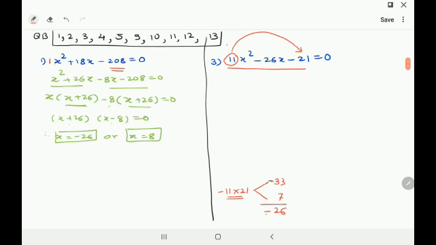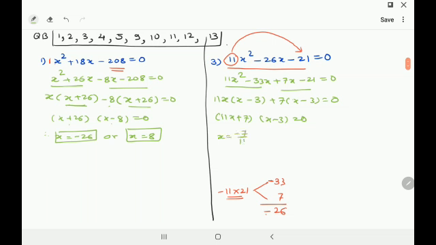So again, I'll tell you how we can get this answer. It's such a simple thing. 11x square minus 33x plus 7x minus 21 is equal to 0. Take things common from these two. Surely 11 is common, x is common. What is left here? x is left, minus 11 3s are 33, 3 left, plus 7 is left, 7 is common, x minus 3 is equal to 0. I get 11x plus 7 and x minus 3 is equal to 0. Correct? So what do I get here? x is equal to minus 7 by 11 and x is equal to 3. That's it.